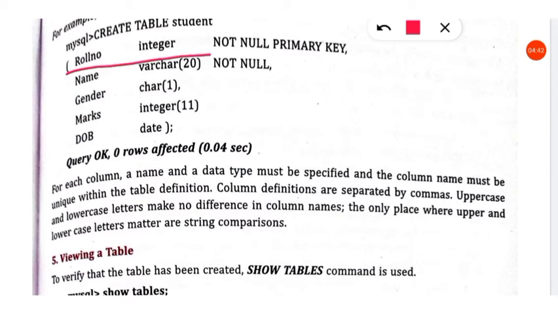So this single line is the column definition, that is, what the column name is, its data type, whether it is null, not null, or whether it is the primary key. So this first line indicates the details of a single column. Each line indicates the details of a single column. You can also write it in the same line itself, and it should be separated by commas.